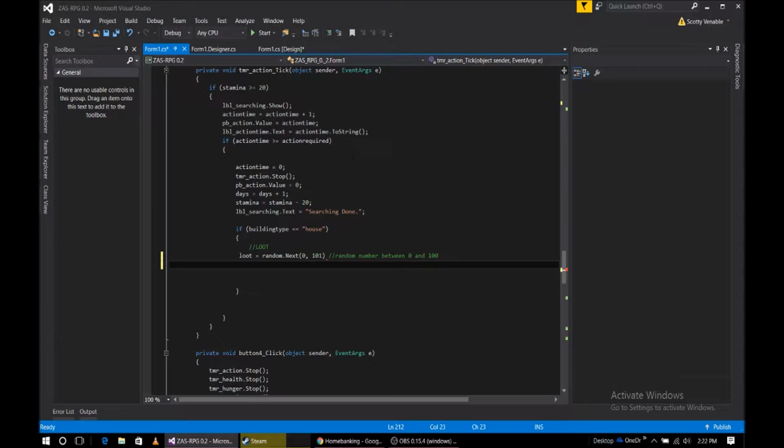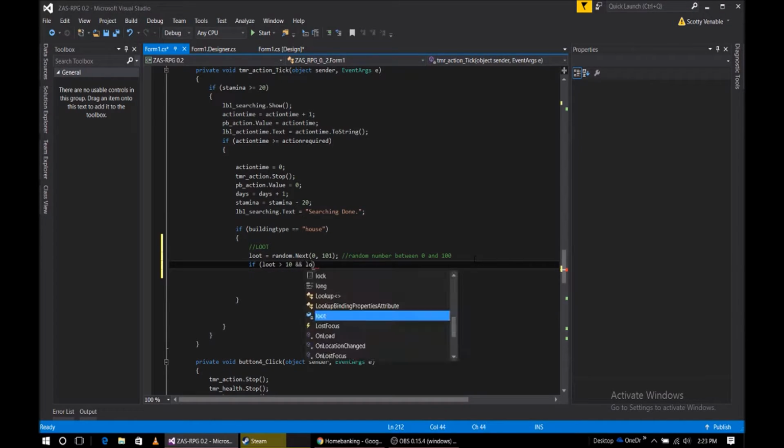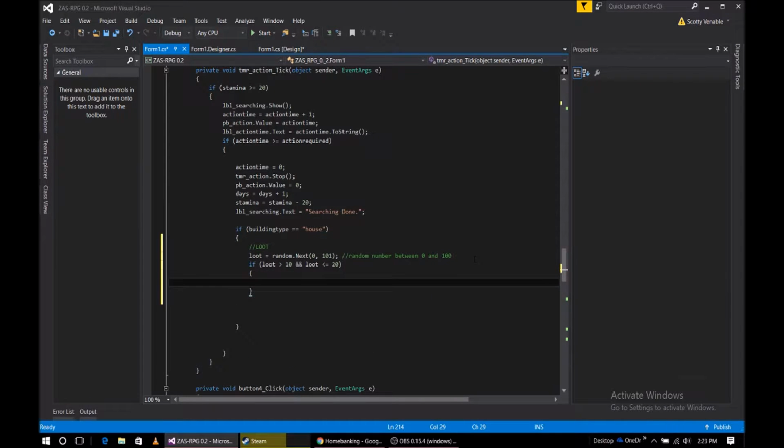So then, oh, I forgot. Forget that. After that, it'll choose a random number, and if it gets in between a certain number, certain loot will spawn. I did that before, but it just didn't feel right. But I'll try it again. If loot is greater than or equal to, we'll say 10, because 0 to 10. Greater than 10, and loot is less than or equal to 20. Then we'll say the loot item dot add, and it'll add